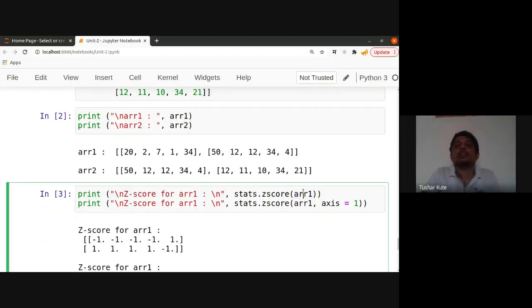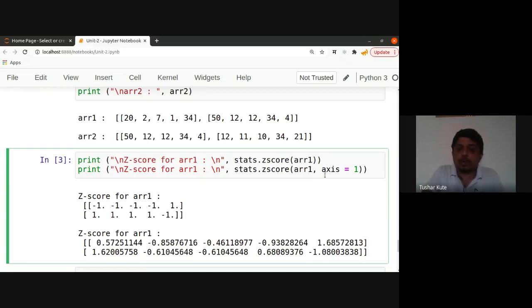All the values are taken, and I want to do the operation column by column. So I'll keep the axis equal to 1 here. Axis is equal to 1. And now see these z-scores are calculated. For the first case, you can identify that now. Here -1 values interpret that they are below the mean and +1 identifies that they are above the mean. The deviation is below the mean, and above the mean that is +1.